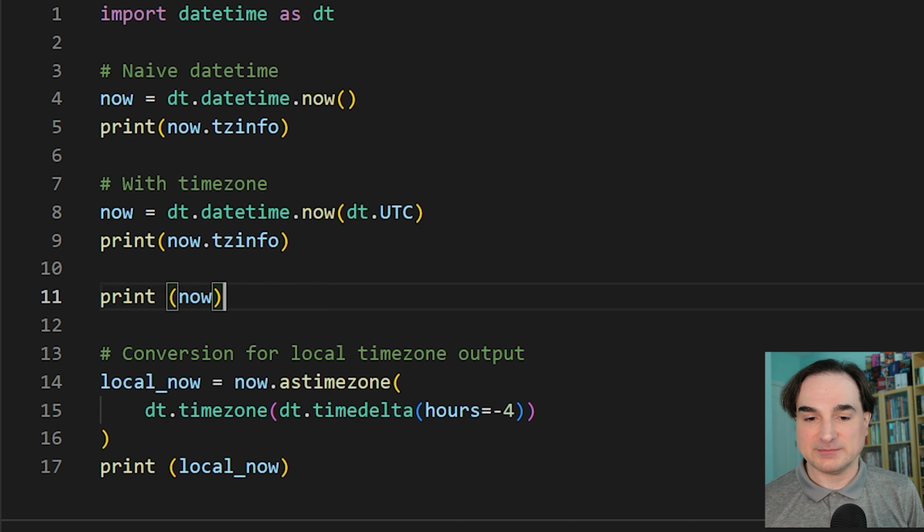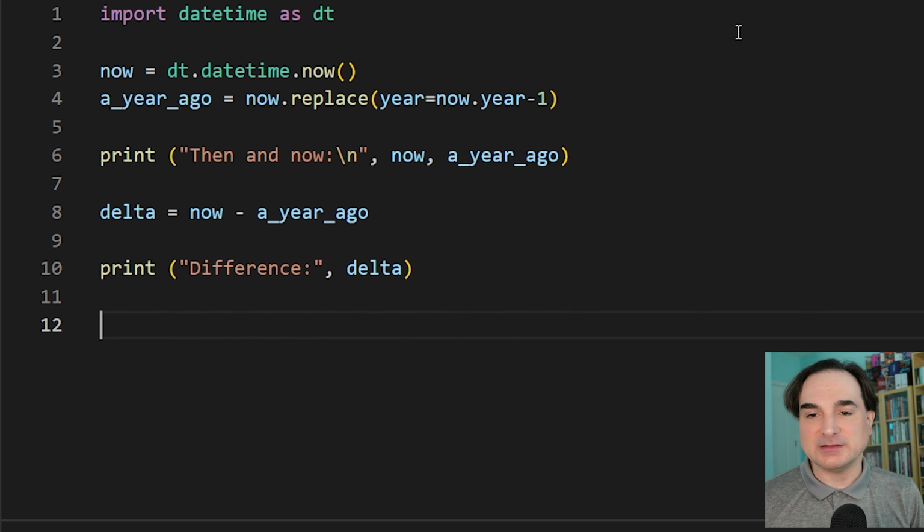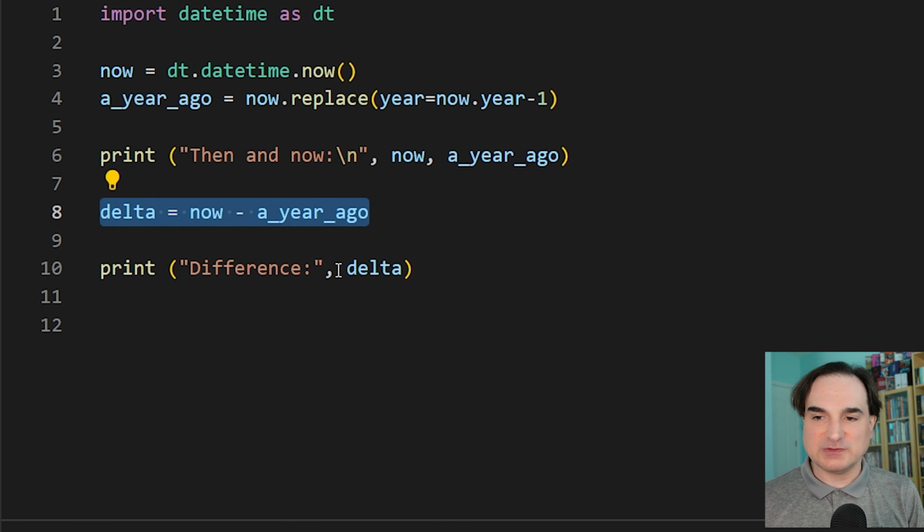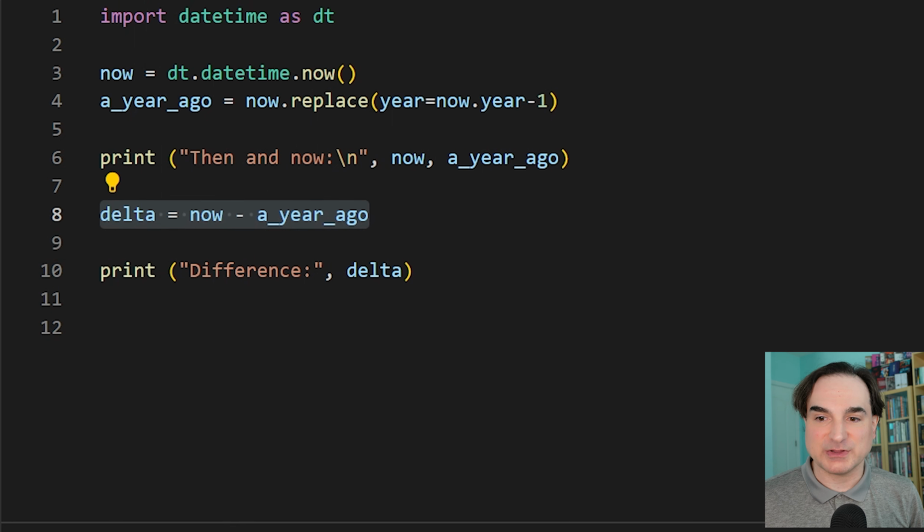You can always convert UTC-based datetimes to a local time zone for output, and you can keep the original objects as UTC. Now, the third thing to keep in mind is the behavior of timedelta objects when you're dealing with months or years. See, timedelta objects are the kinds of objects you get when you take two datetime objects and get the differences between them. The resulting object tells you what the delta or difference is between those two times, and it's calibrated in seconds, minutes, hours, days, and weeks. But it does not have months or years.